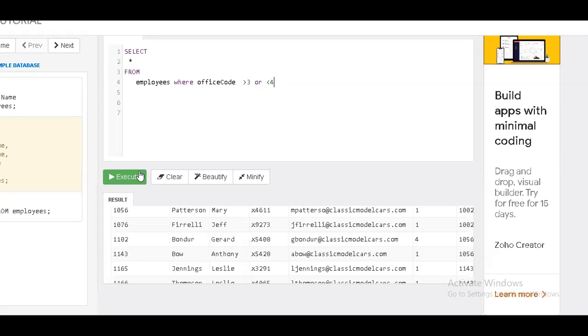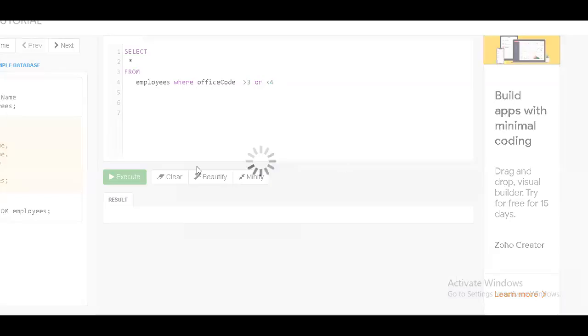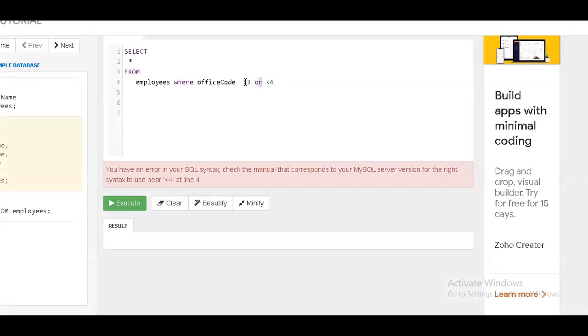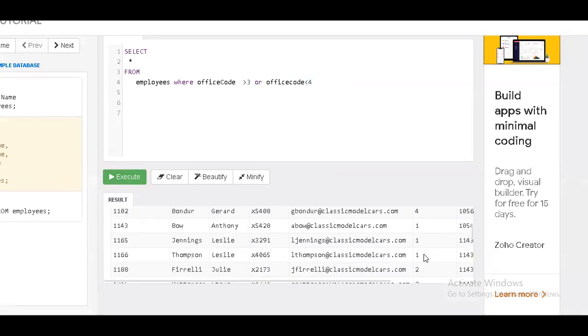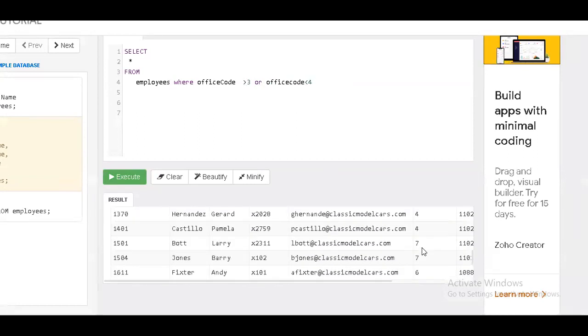So if you check it, I have to write office code. Then if I run this, I'm going to get the values. See, I got 1, 2, 6, 4, 1, 2, 6, 3, different options I'm getting.